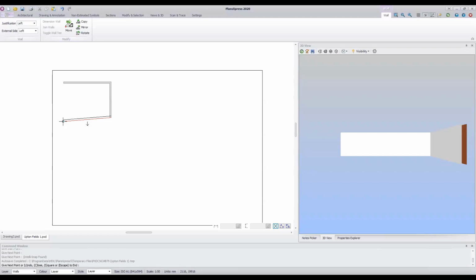So now I want to teach you a shortcut key for finishing off these walls. You can see the command window is prompting you again here that you can give the next point, or it's saying you can press the S key to square off your walls. So this indicates that you can finish your walls, square them off, and PlansXpress will complete the walls by joining them up to the starting point. So pressing the S key works when you want to draw the final two perpendicular walls of a building. So press the S key on your keyboard,